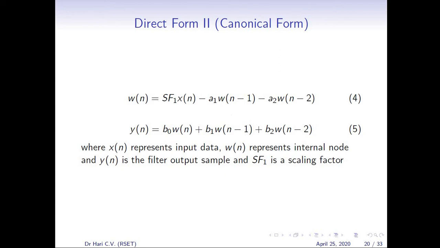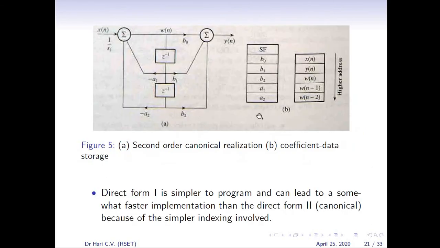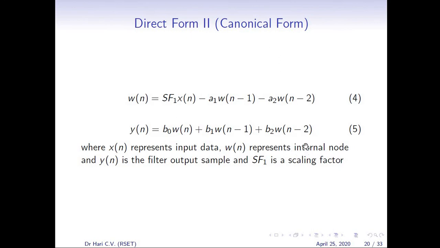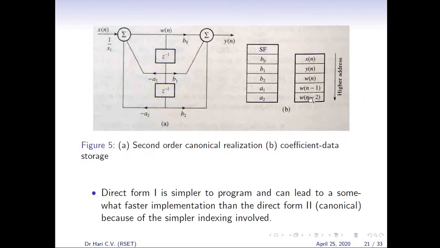That is similar. There is no change from the filter realization techniques that we discussed in Module 5. Now the corresponding second order canonical realization and the corresponding coefficient and data storage in the DSP processor. Here you can see that instead of the previous input and output samples x of n-1 and y of n-1, it will store the locations of internal